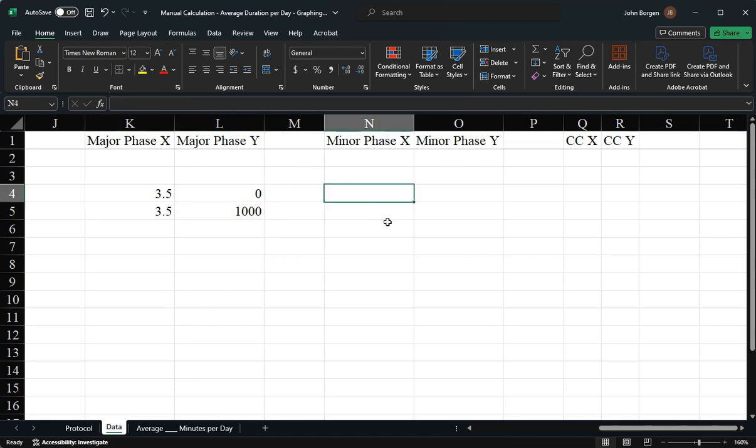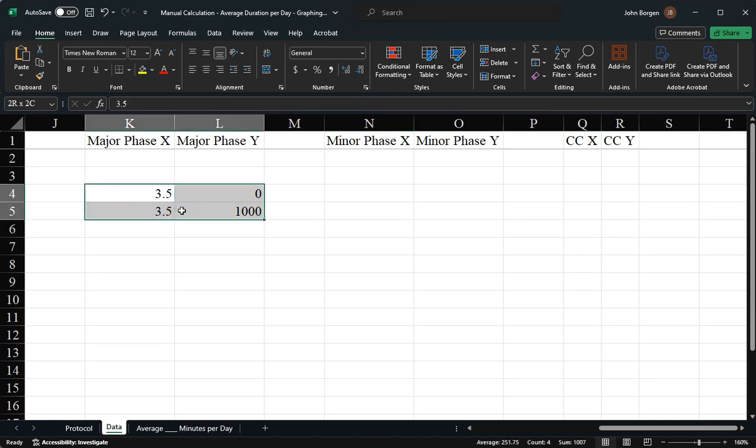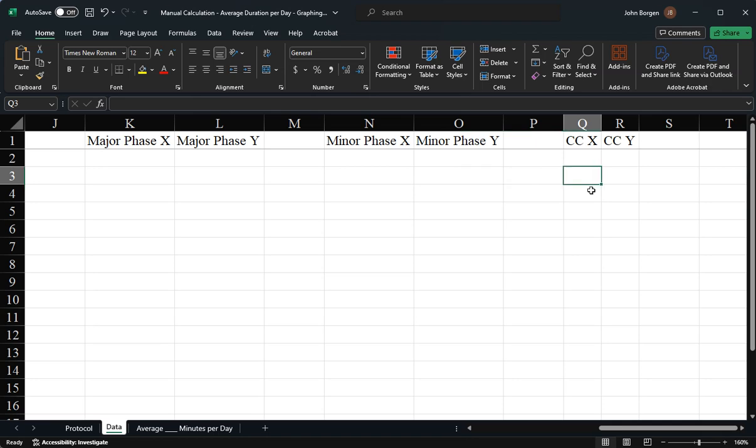That would be the same for the minor phases. Say you have a significant change in the treatment, but it doesn't go from treatment to baseline. That's what that will look like. And then our CCX and CCY will look a little differently. If you're using a changing criterion where you're trying to clear the bar, and once you consistently clear the bar, raise the bar, once you consistently clear that and raise it, you might have something that looks a little bit more like